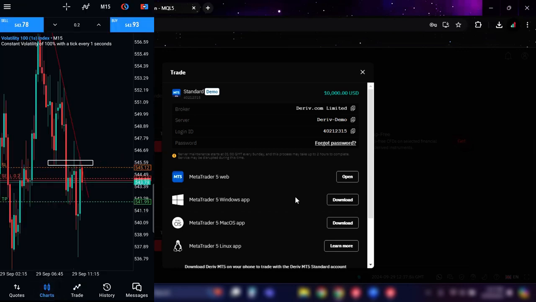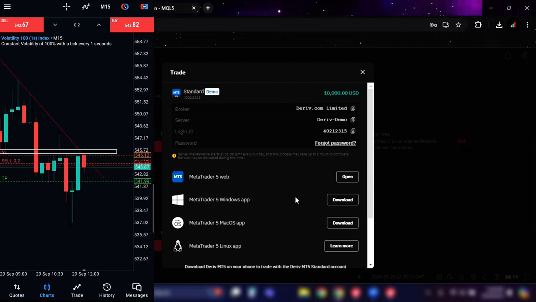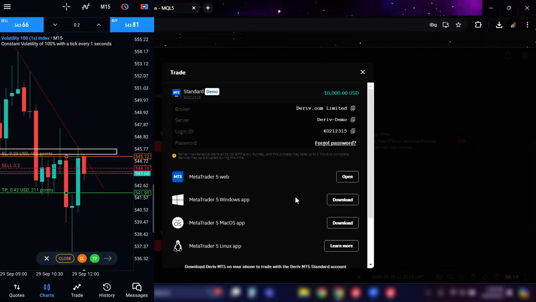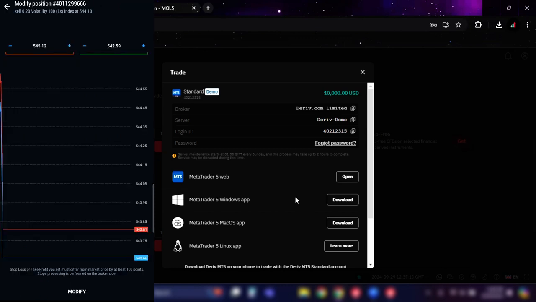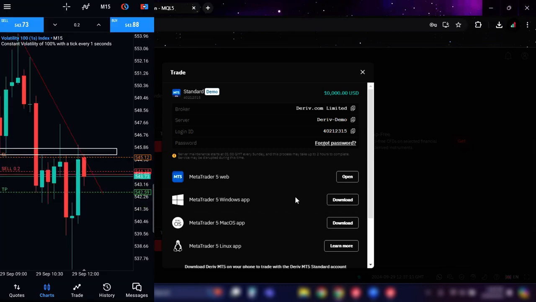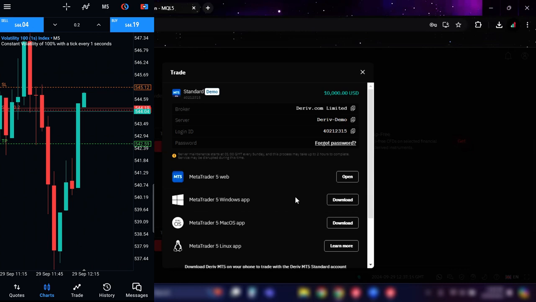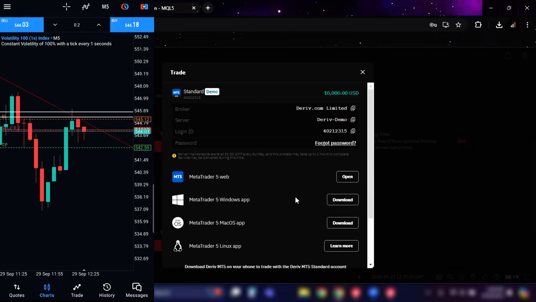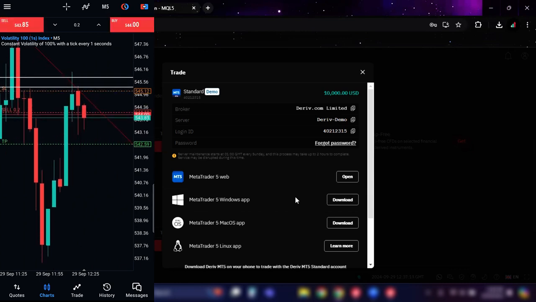That means the price is going in your direction. So let me put it near here so that it can touch quickly, so that you can see how it works. Okay, so we change the time frame, 5 minutes time frame. Let's see the magic. So if it touches the yellow line or the green line, the trade will close